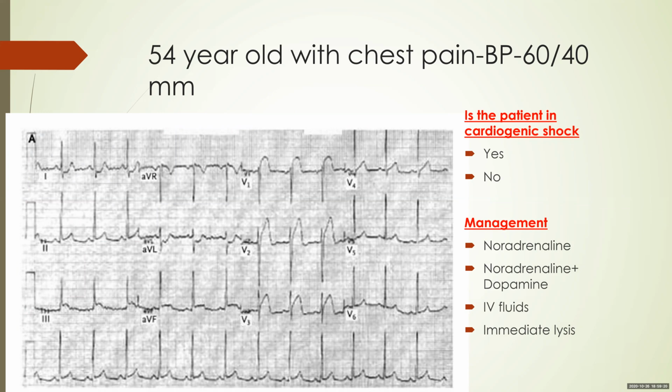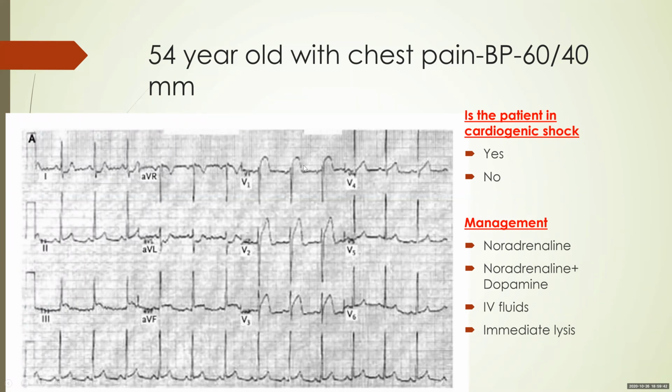So this ECG shows ST elevation in V1 to V3 along with ST elevations in 2, 3 and aVF with reciprocal changes in 1 and aVL. There are two possibilities. One is this could be an inferior wall MI with a very prominent RVMI, or the second option is it could be an anterior wall MI. The right answer is it will be an inferior wall MI with an RVMI.